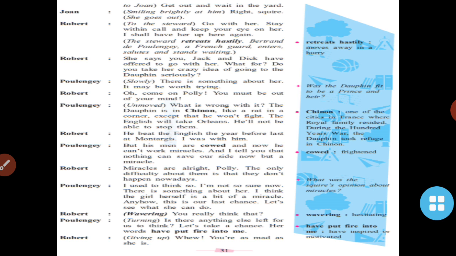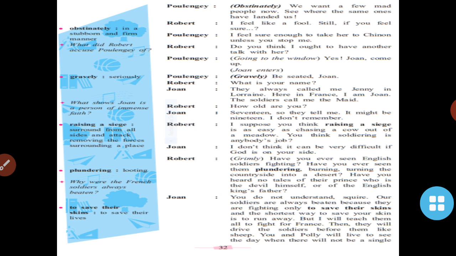Means the girl's words, whatever she is, are putting fire into me. I have told you before about Virat Kohli, how he puts energy into his players, and like that the captain Joan has put fire into me, so that I feel very energetic to go to the war. Now Robert gives up. Now he is saying, okay, you are as mad as she is. You can go wherever you want to go with her. Now Polanyi is saying, obstinately, in a stubborn firm manner, means he is also stubborn,